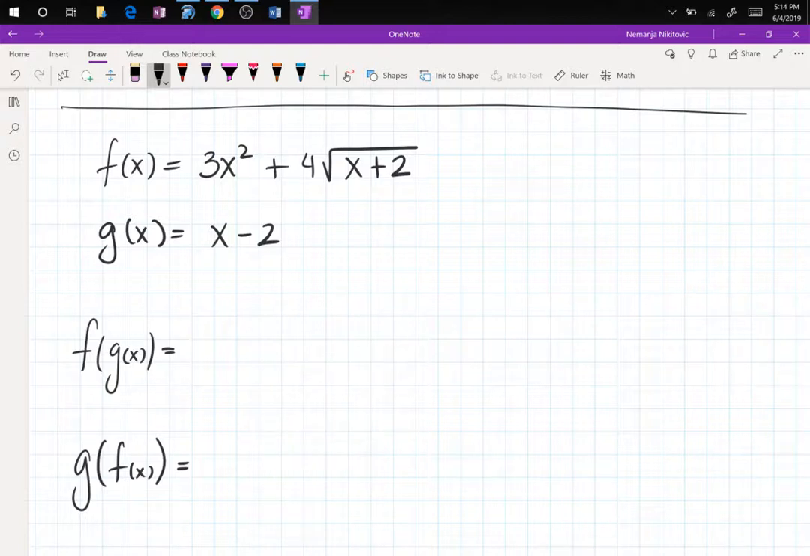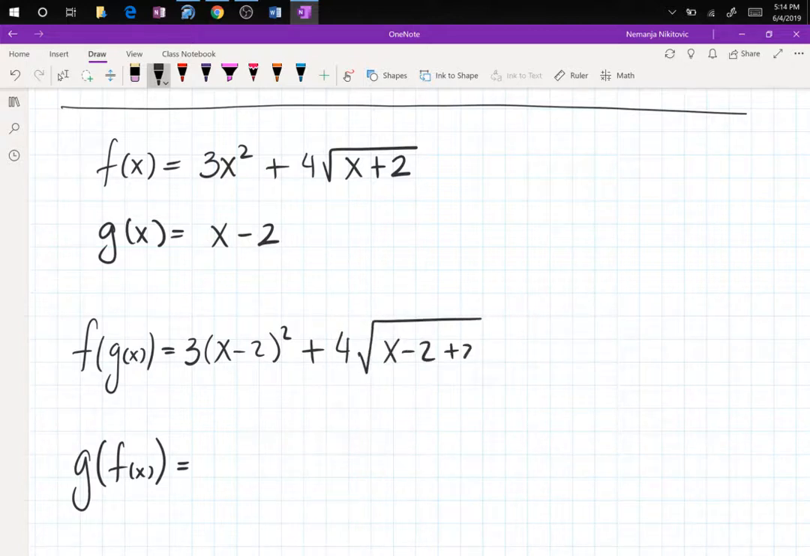So what should I write? 3 times (x minus 2) squared, plus 4 times the square root of (x minus 2 plus 2), right? Yep. Now we expand everything, so 3 times x squared minus 4x plus 4